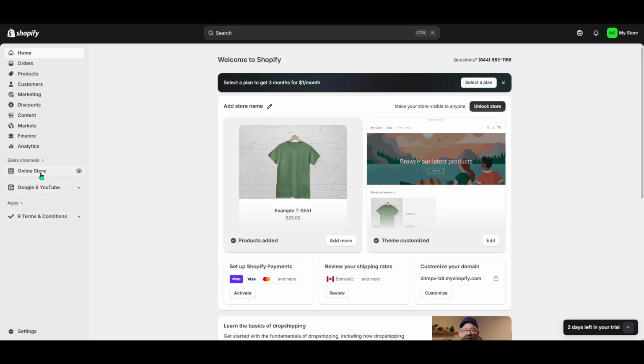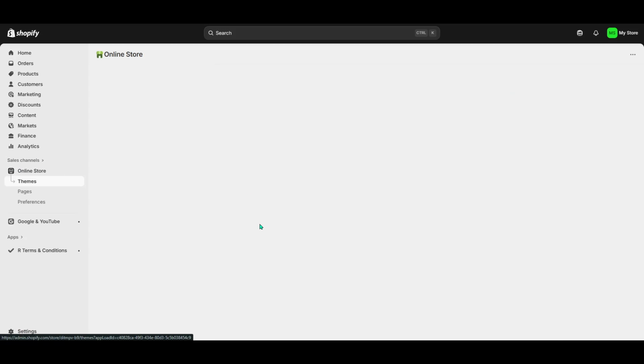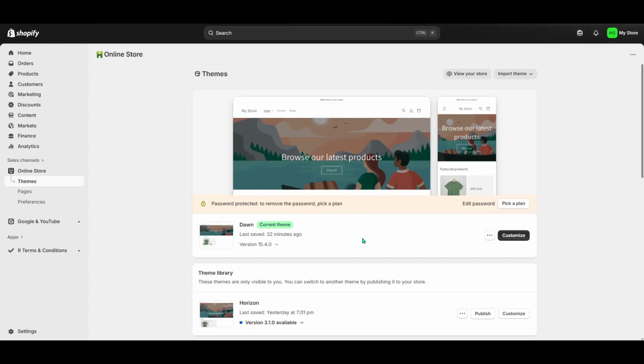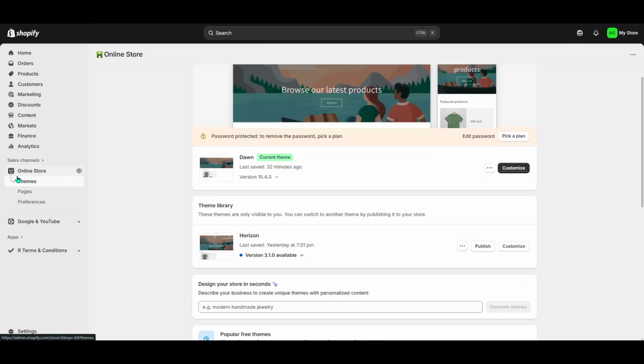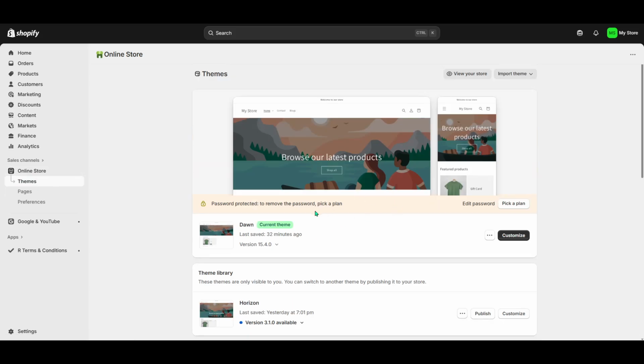Firstly, make sure you are logged into your Shopify admin panel. On the left-hand side, you'll see a panel with several options. You want to click on Online Store, which will expand to show more choices underneath. From these options, select Themes. This is where the magic begins. The Themes section is essential because it is the hub from where you can control the overall look and feel